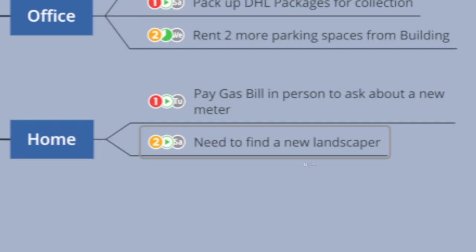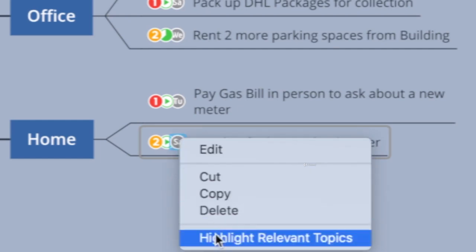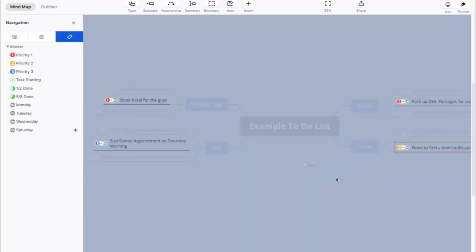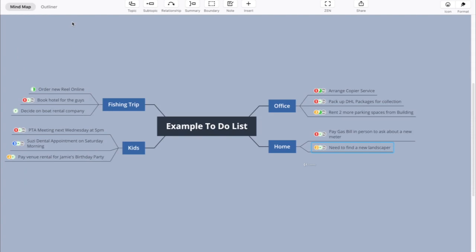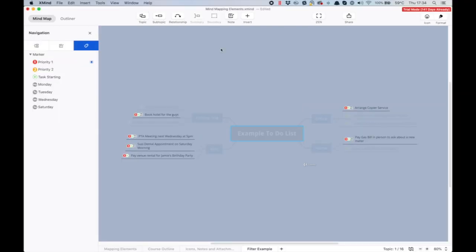Alternatively, I can simply select one of the markers I'm interested in. For example, Saturday. I can right click it, choose highlight relevant topics, and Xmind will show me every topic or subtopic in my mind map that has a Saturday marker added to it. Xmind also opens the navigation menu on the left so we can change our filter selections if we want to. And once we close the navigation menu, Xmind returns us to the main mind map with the navigation filters switched off. Markers are particularly useful for helping you focus on only the things you need to do at any particular